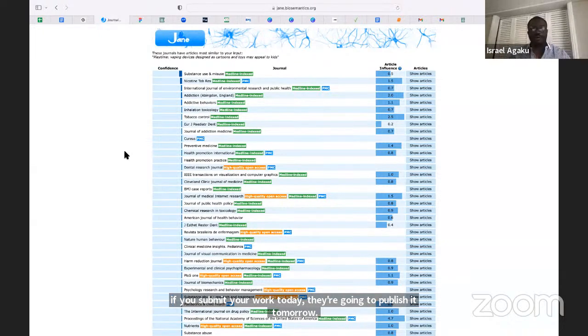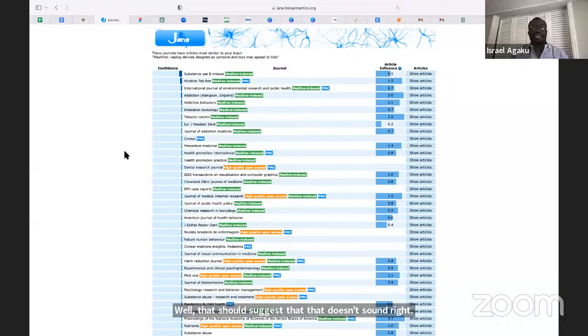So there are just some hallmarks of predatory journals. They are assuring you, guaranteeing you your work will be published. Anybody that guarantees you your work will be published, well, that doesn't make sense. It's likely predatory. If they have an unreasonably short period of publication, 1 week, 1 day, whatever, if it's unreasonably short, then